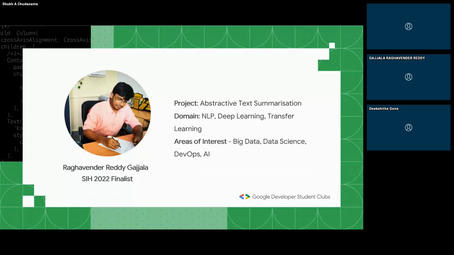Because whether a problem statement gets 20 applications, 200, or 500, the number of teams they select is only 5 to 8. There may be 1,000 members applying to it, but they will only select 5 to 8 teams. So the first tip is to select problem statements which have submissions between 10 and 20. That will help you out.